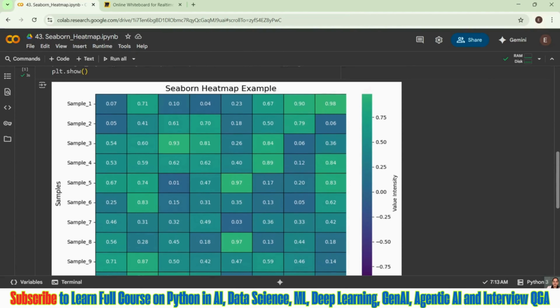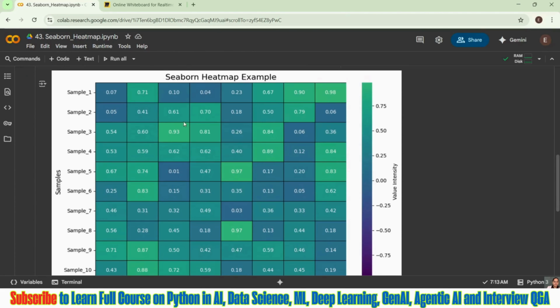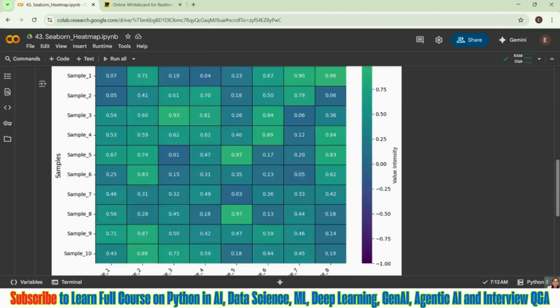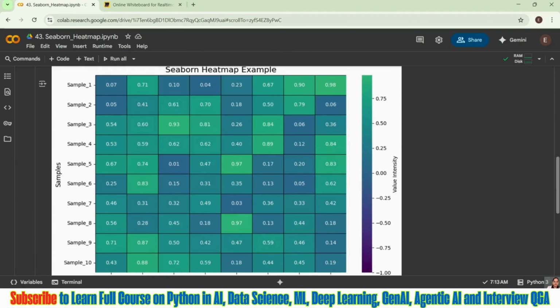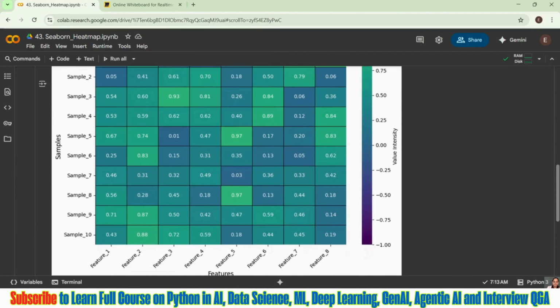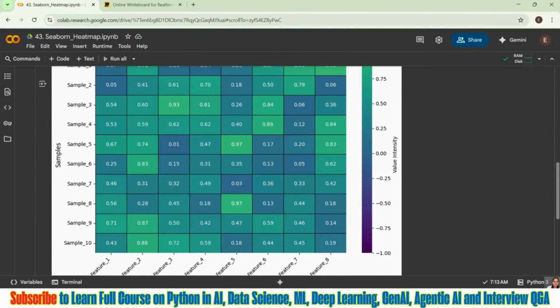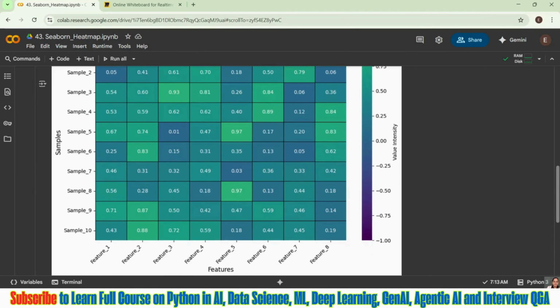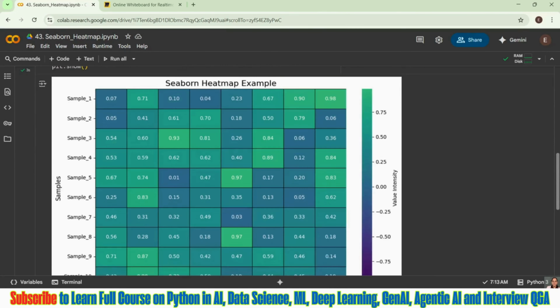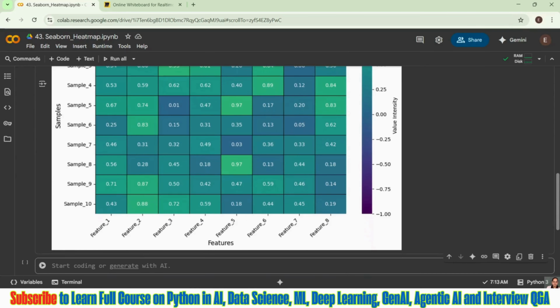We do not. Yeah, we have one more here. Sample 3 and feature 3 have high correlation. Similarly, feature 6 and sample 4, sample 5 and feature 5, and sample 8 and feature 5 have high correlation. Like that, we can understand from this plot.